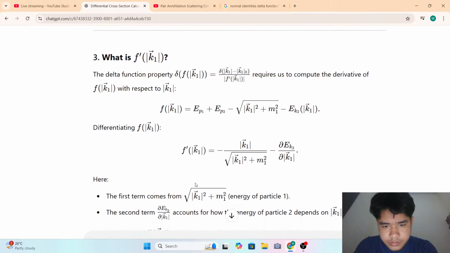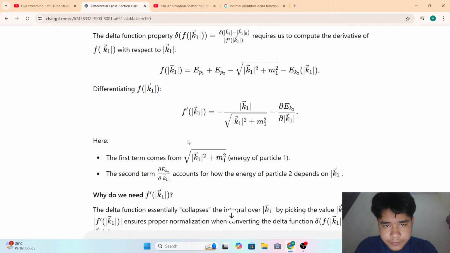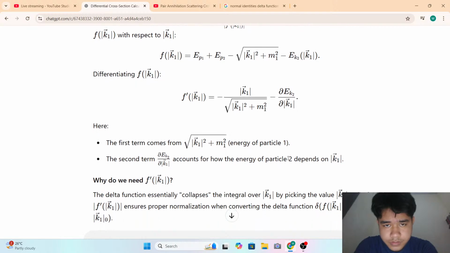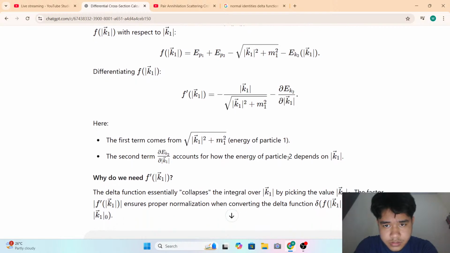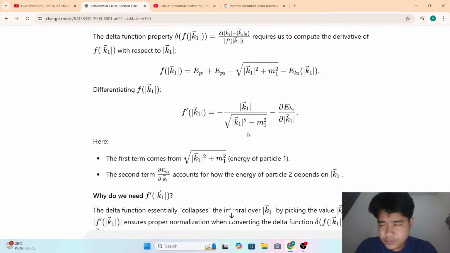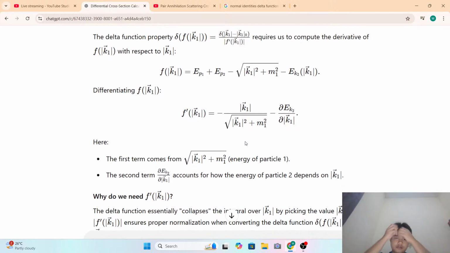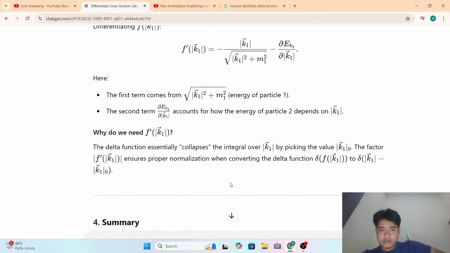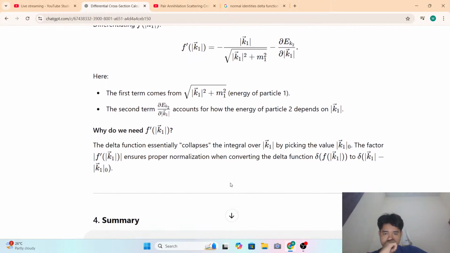The differentiating becomes like that. The term comes from k1. Why don't we just remove the M1? Because the mass of a photon is zero in this case, right? The delta function essentially collapsed the integral over k1 by picking the value